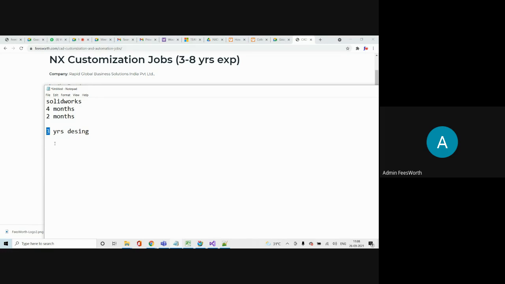Now I'm able to do projects. These are 5-6 projects I did, 10-20 assignments, and small mini projects that I use in my day-to-day work. Then you will be considered a 3-year customization experienced person. Whether they consider customization experience or design plus customization experience, one thing is guaranteed: you definitely get 50% to 100% more salary.